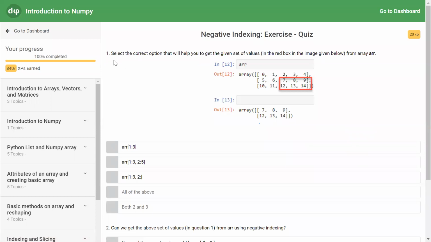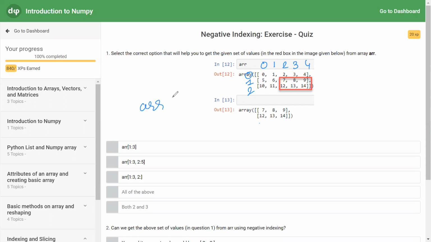Now, select the correct option which will help you to get the given set of values in the box of the array. So this is an example. If we use positive indexing, this is row 0, row 1, row 2. For column 0, column 1, column 2, column 3, column 4. What we want is the first and second row.